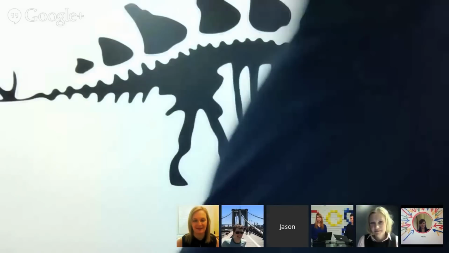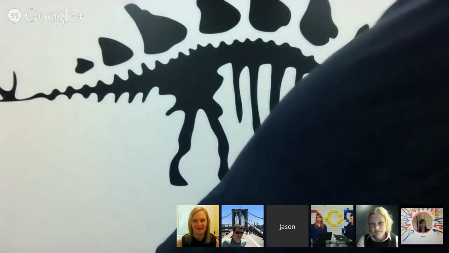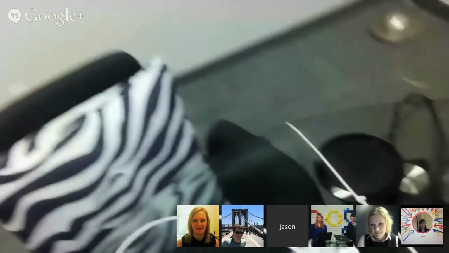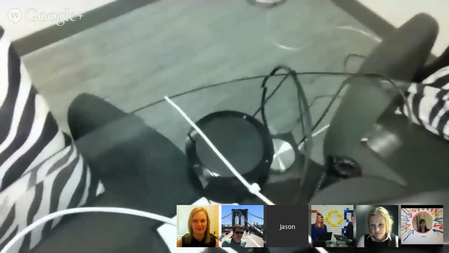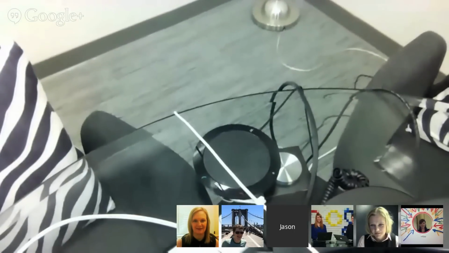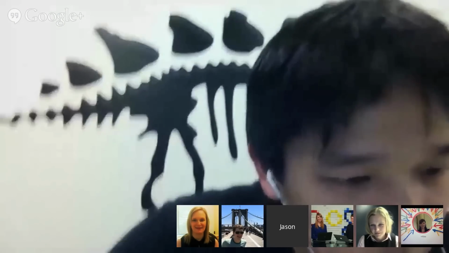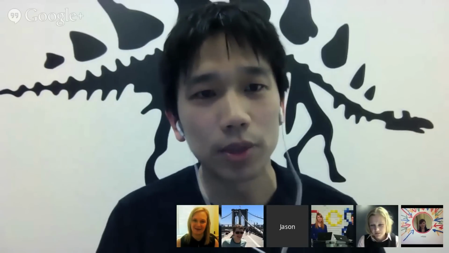And then the USB mic, you can't see it, but we're using that one there. And that one actually works pretty well. We've seen it function in rooms that have had as many as 10 or 15 people in there.